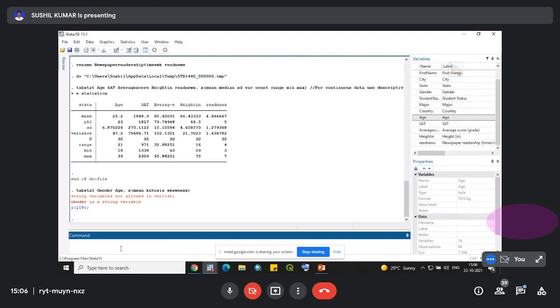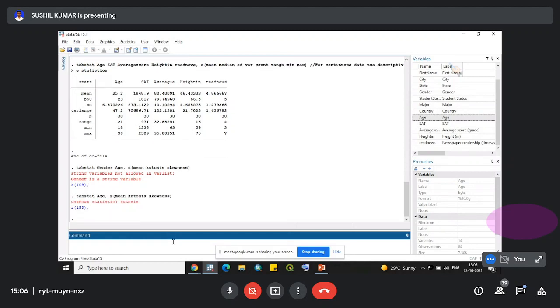So let us change the variable name. I am removing gender for now. There was a spelling mistake over here.